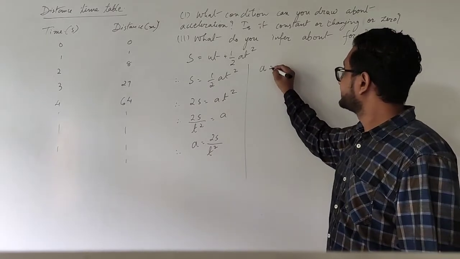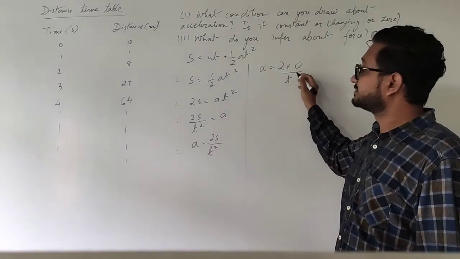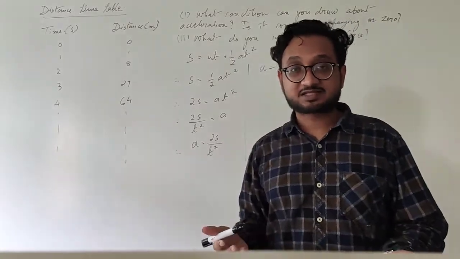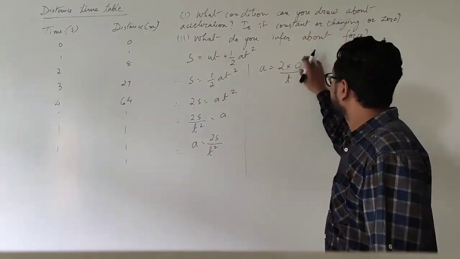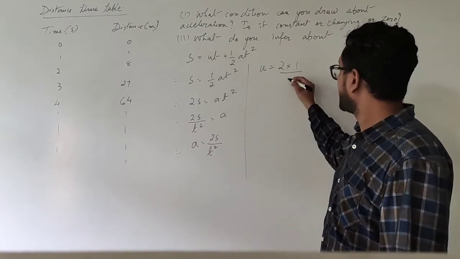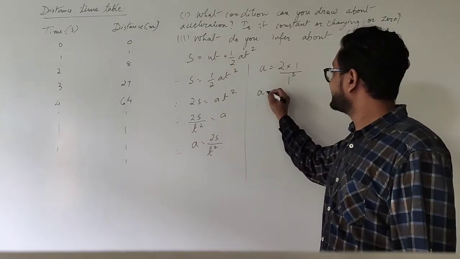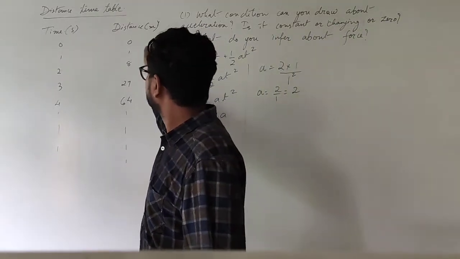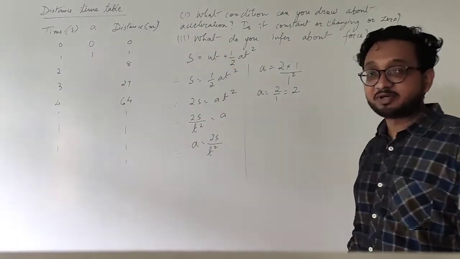Substituting these values, a is 2 into distance. Distance first is 0. Okay. Upon time 0 once again, so time is 0, so no need to go further. If the object is not moving, then acceleration is also 0. Moving on to the next one, that is time is 1 and distance is 1 once again. So t square, that is 1 square. So 2 into 1 upon 1 into 1, so it becomes a is equal to 2 upon 1, that is 2. So the first acceleration that you get over here, I am writing acceleration a as 0 then 1. So acceleration is 1 meters per second square.